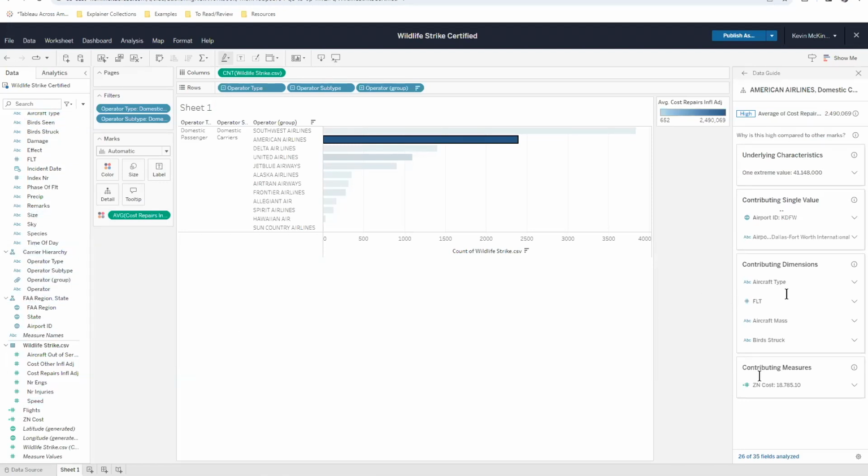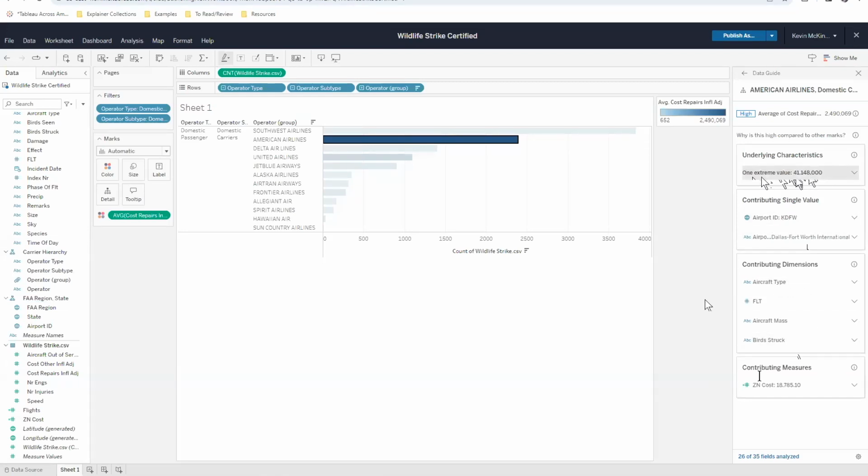And it's identified some underlying characteristics and contributing dimensions that help us to understand why this value is the way that it is. It's suggesting that there is a really high underlying value of 41 million dollars. It's also suggesting that there are contributing dimensions such as the aircraft type, the number of affected animals, and even the airport ID.